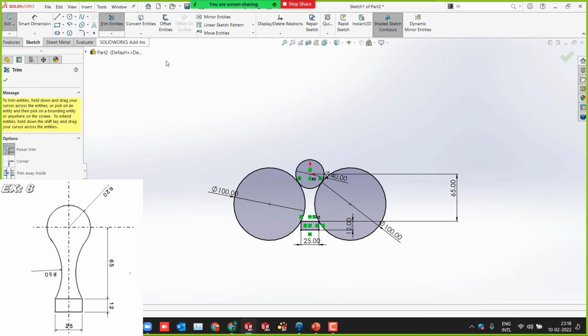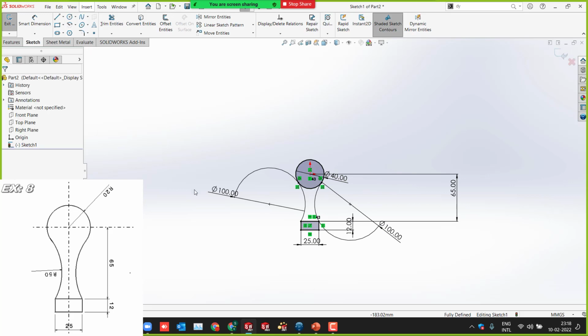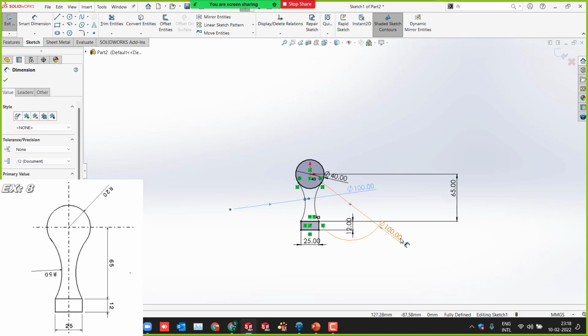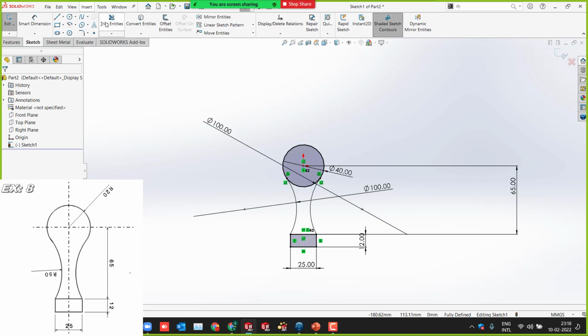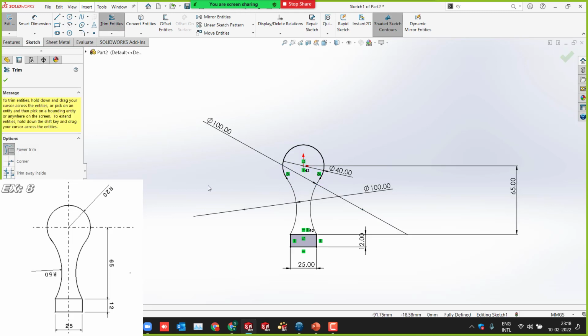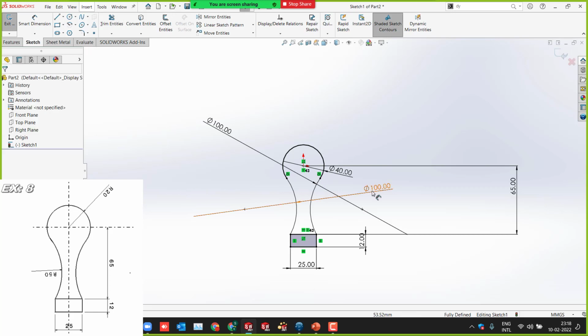So select the trim. You remove the unwanted. Whatever is not needed. What is not needed here? Yeah. This outside circle, right? Trim it outside. Yeah. And even this side also I don't want. Trim it like this. Okay. And you can simply define the dimensions like this. I think I don't even need this, right? Inside one. No. You again select the trim and remove that. Okay. It's done now.